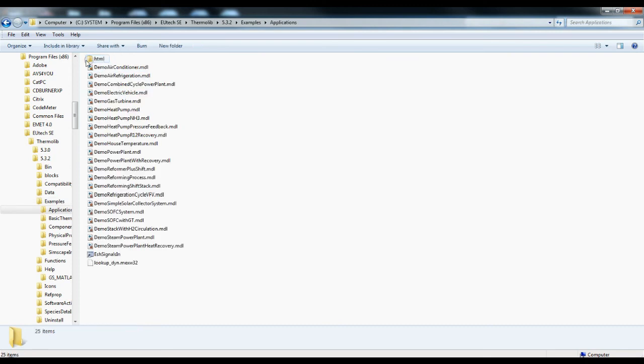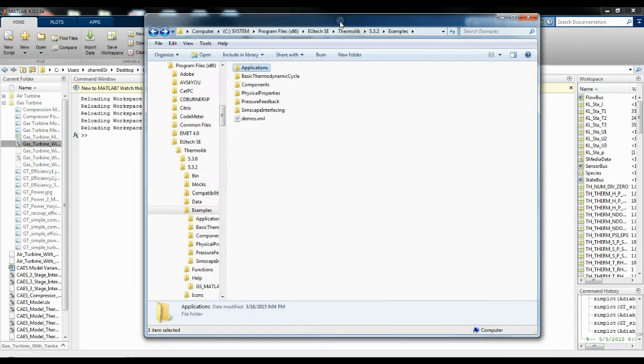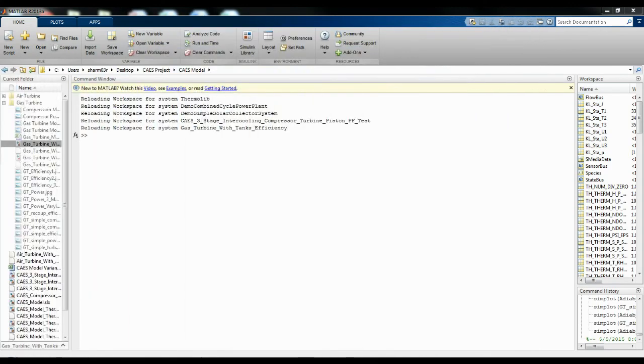The other thing that they were pretty good about is there's a set of examples, and there are actually a lot of them. So we have different applications, say even for an entire combined cycle power plant, and those are nice references for you to start building or modifying to develop a CAES or an OCAES system. And then the last thing that I did was I actually just looked up YouTube videos. The company EU Tech that produces this Thermolib software actually has several